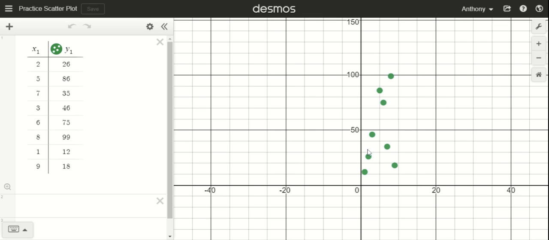I just want to show you real quickly how to create a line of best fit on your scatter plot. And so I'm going to walk through those details for you right now. Assuming that you have your data already in a table in Desmos, the next thing you're going to do to